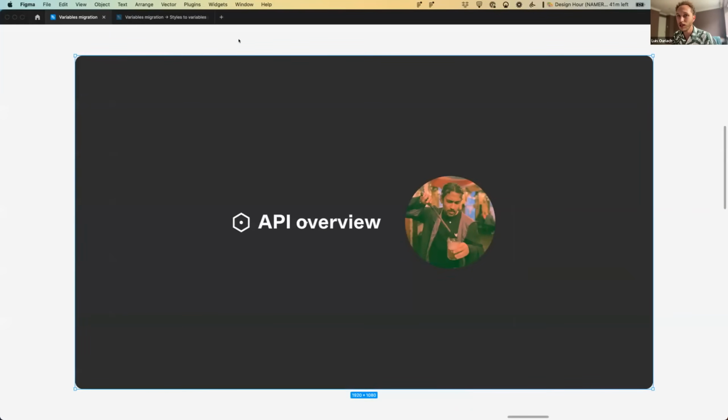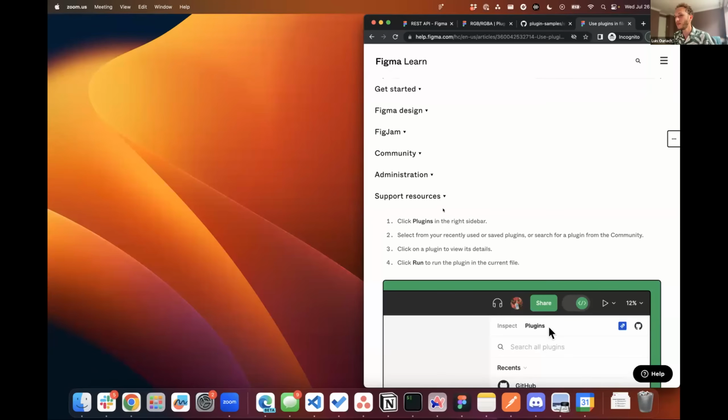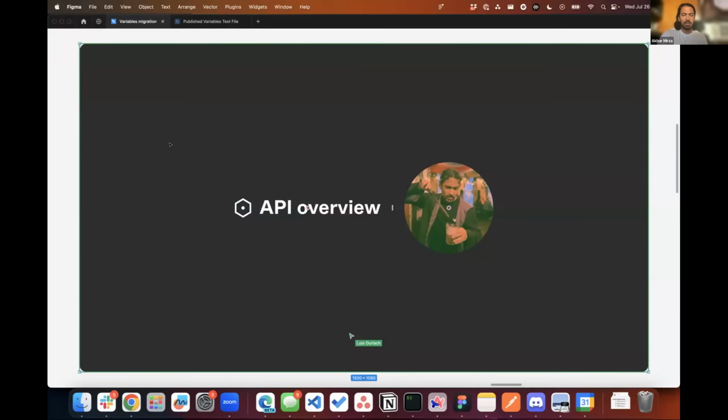Now we're going to change pace a little bit and we're going to look at the REST API with Akbar. Hey, everybody, I'm going to go ahead and show you a little bit more about the REST API. And so for those of you that don't know,